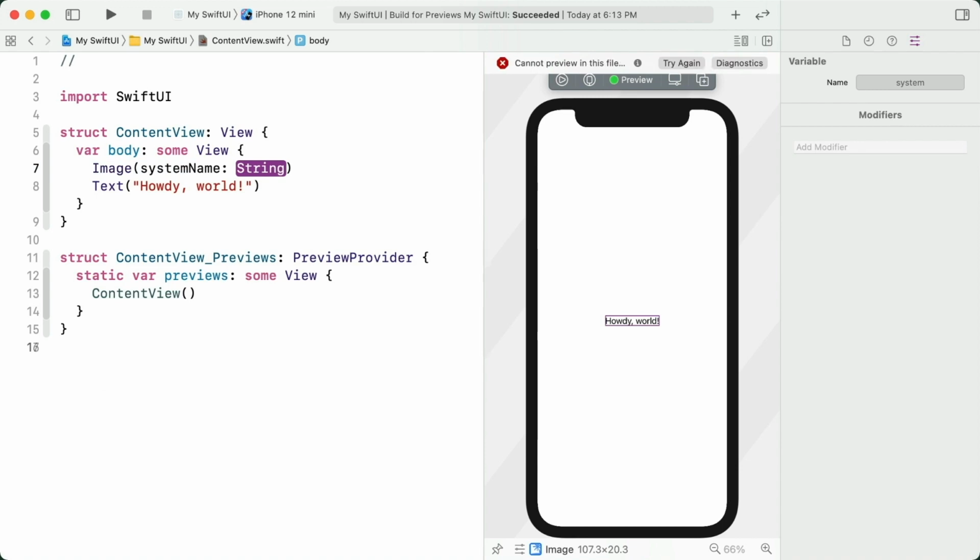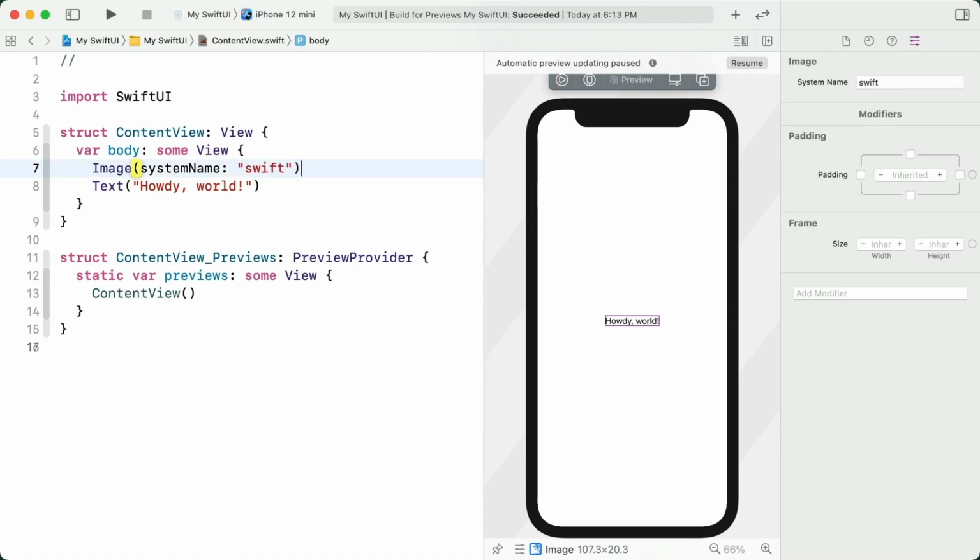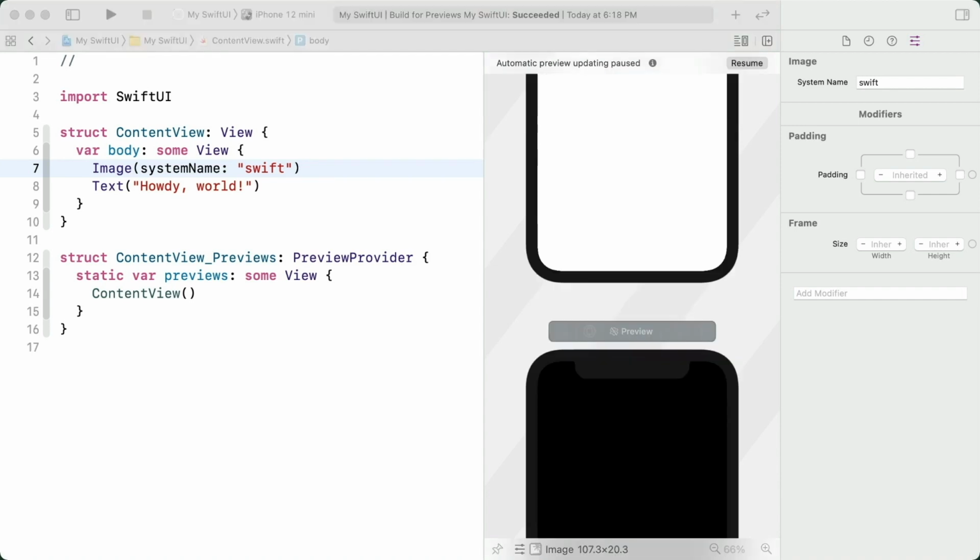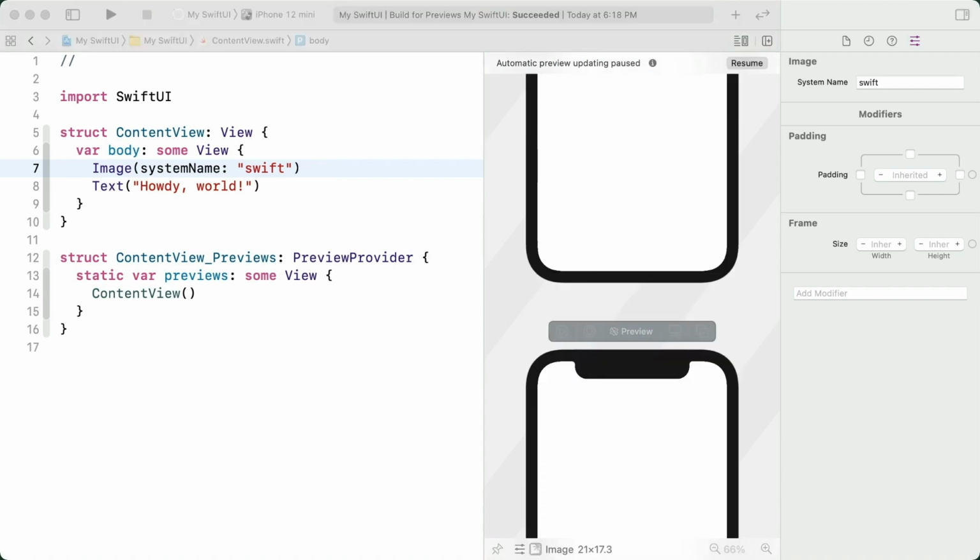Let's use the Swift. If you ever need to reload the preview, you can use this button or the keyboard shortcut Option Command P. Over in the canvas, you should see 2 previews now. There are some times when this is actually the structure that you want, and we'll take a look at that in part 2. But for now, we're going to tell SwiftUI where we want these 2 things laid out in